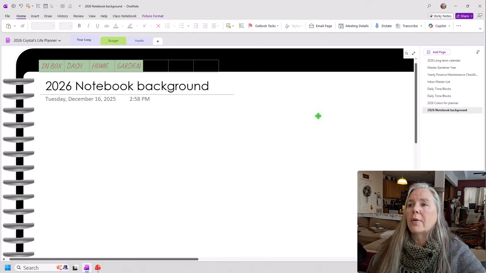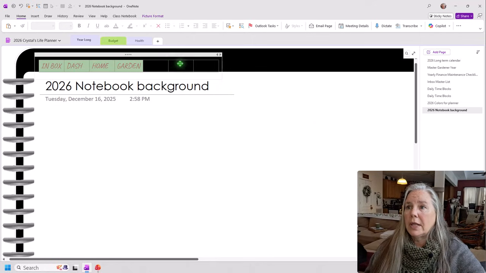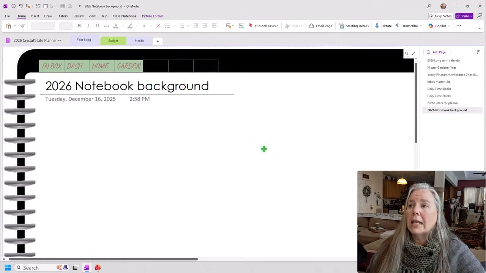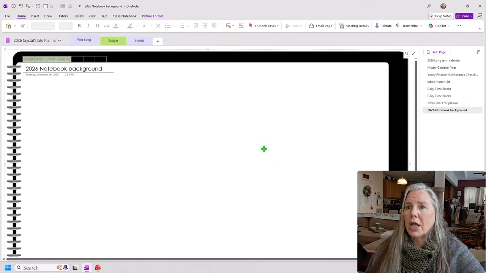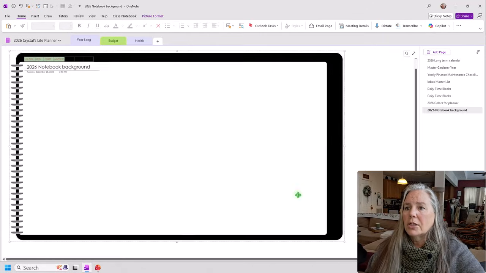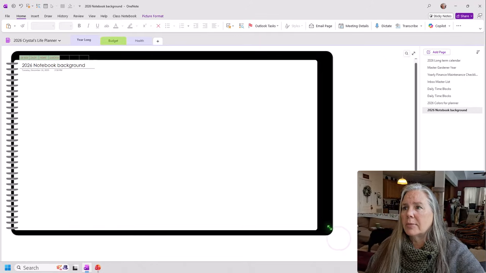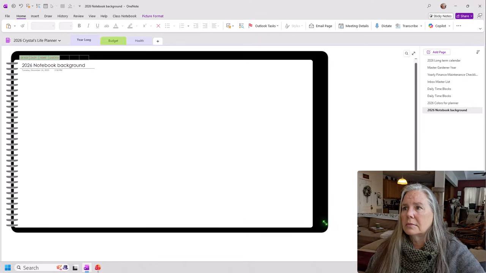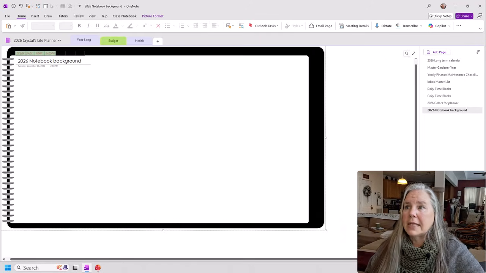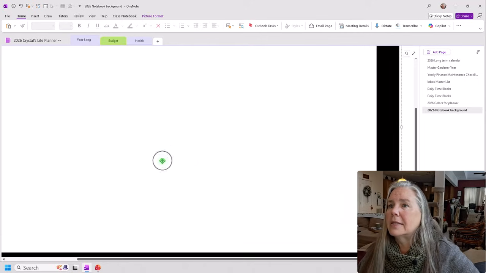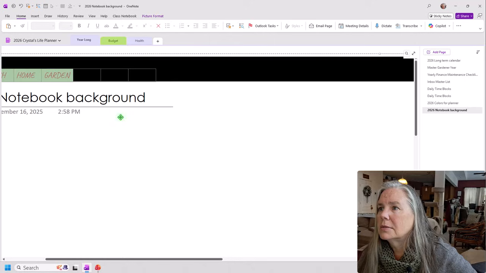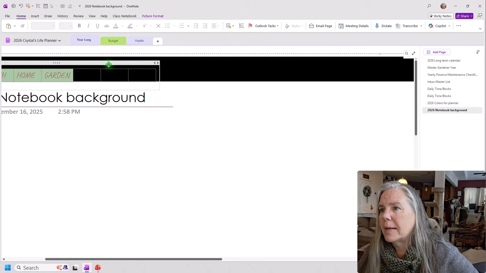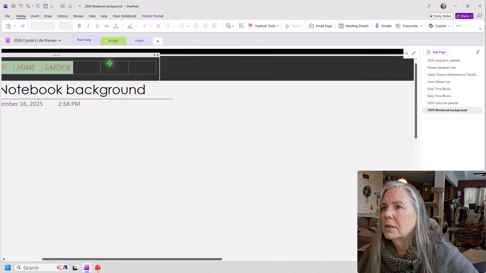Okay, all right, so that's how I would do it if I wanted those tabs to be up there. Now I like the way this page is looking here, but I'm wondering if it's just a little bit too big. So I'm going to make it just a little bit smaller, like so, and see how that works, okay? And what I'm basing that on is the tabs that I have up here, okay? I don't want the tabs to be too big